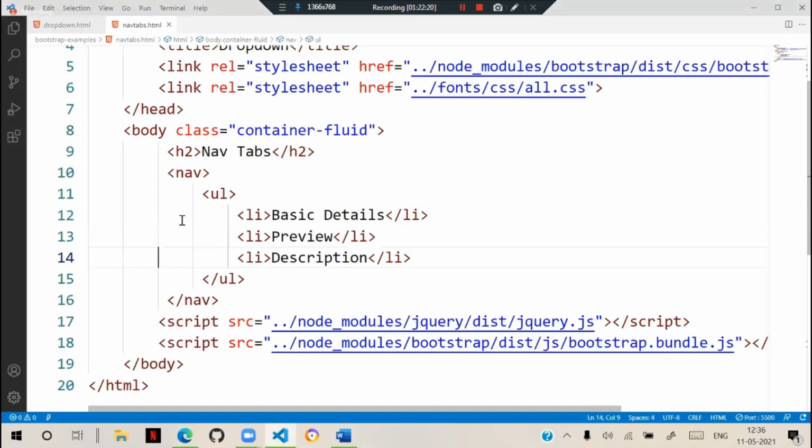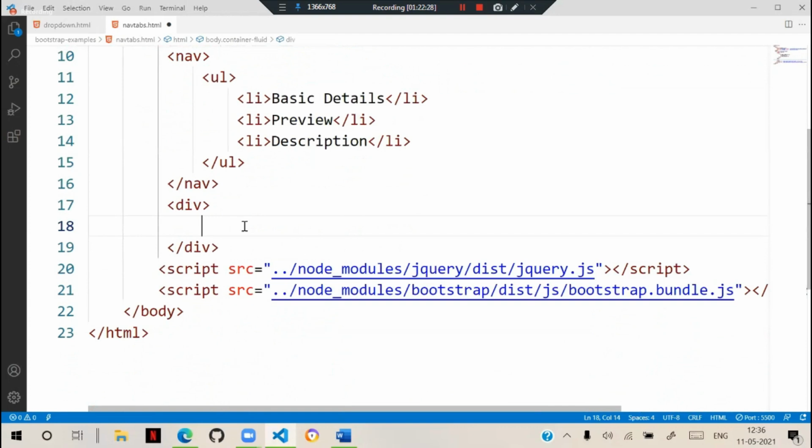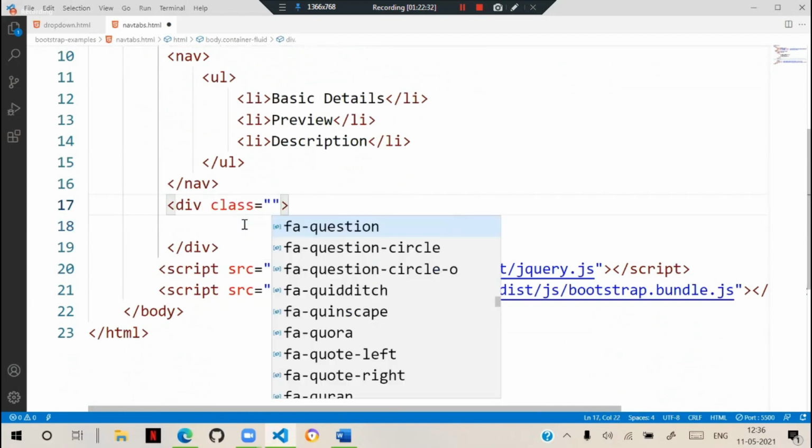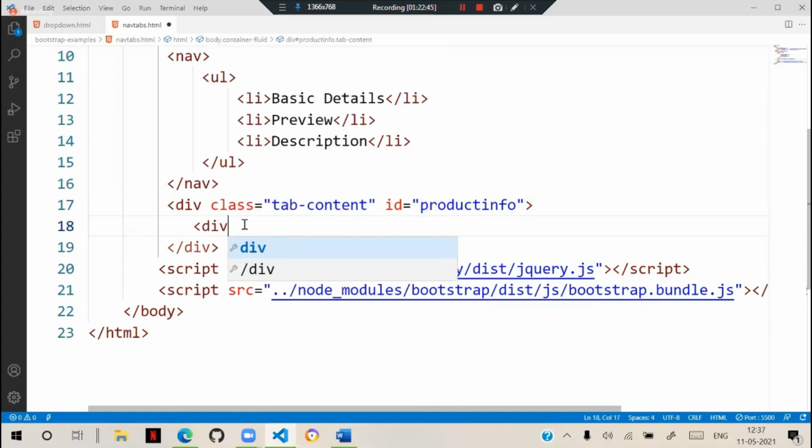Under that nav unordered list, I will keep a div. In that, we will keep a class called tab content. In that tab content, we will have an ID as product info. And in this, we have tab panels.